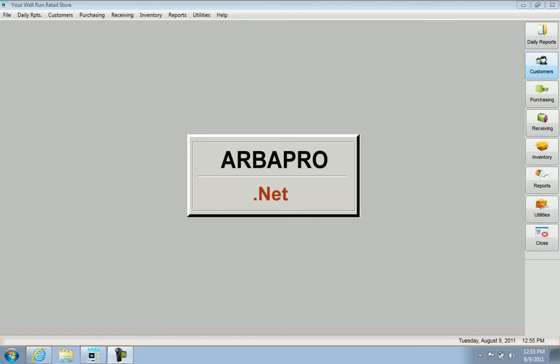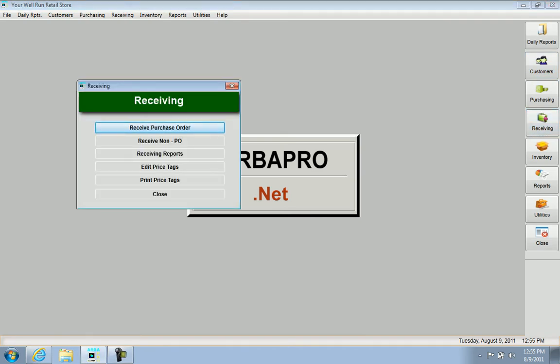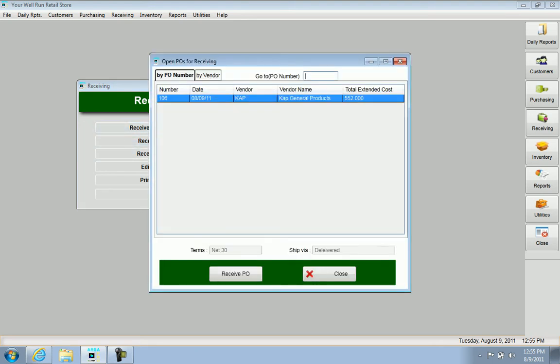ARBAPRO Express in the receiving module gives you two different ways to do merchandise receiving. It allows you to do purchase order receiving and non-purchase order receiving. Non-PO receiving is totally independent of having created a purchase order. We, on the other hand, several days ago created the order for CAP products, and our CAP order has now